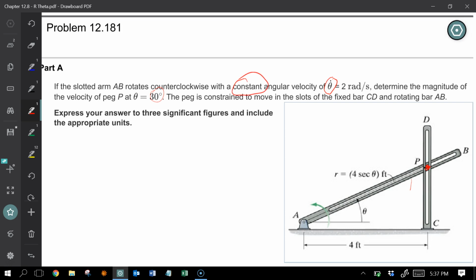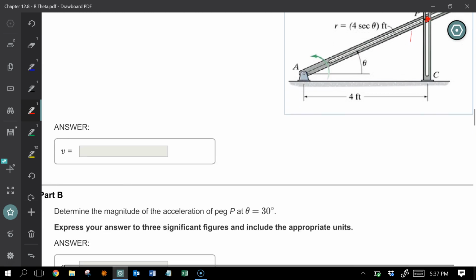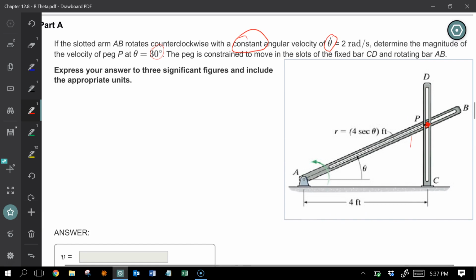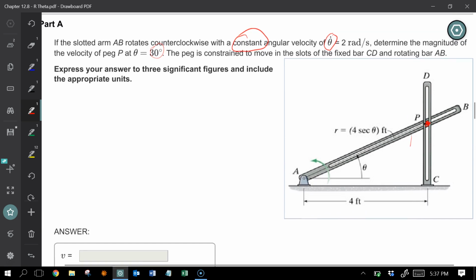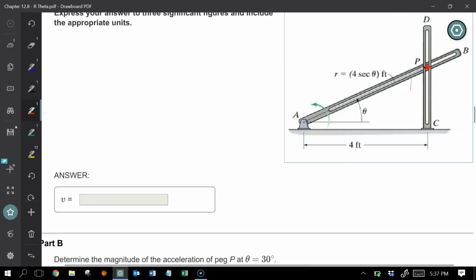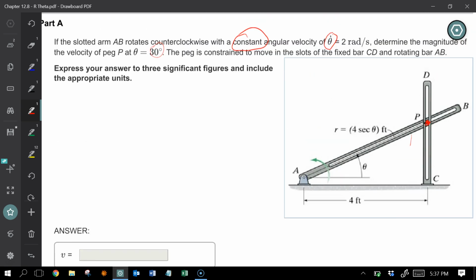Okay, so what is it that they want me to find? They want me to find velocity and acceleration. Here, part A, find the velocity, part B, find the acceleration. Okay, so if you want to, you can just blast through like you did all the others. You write down